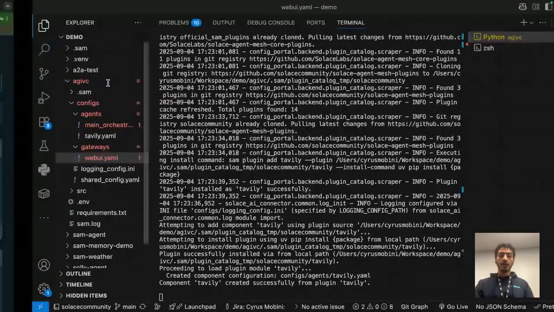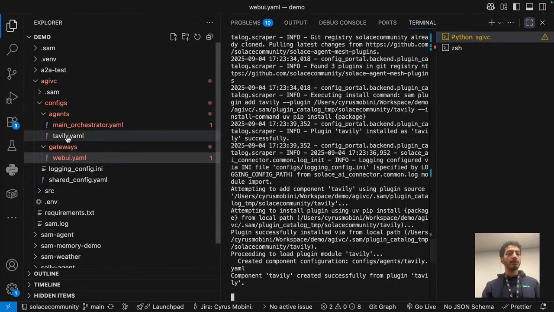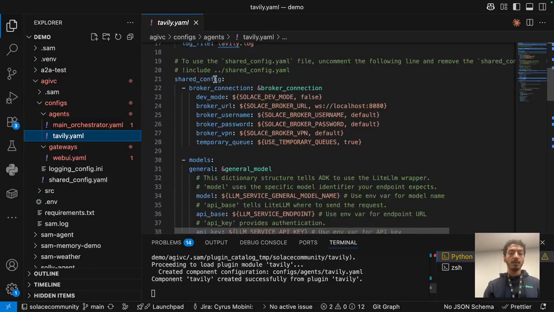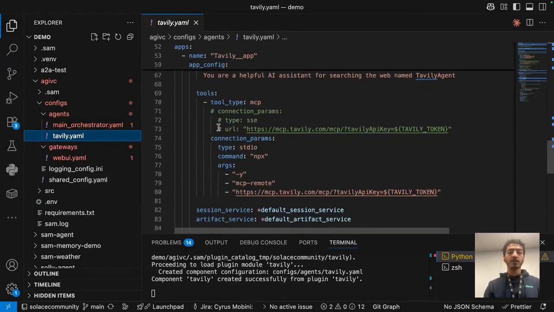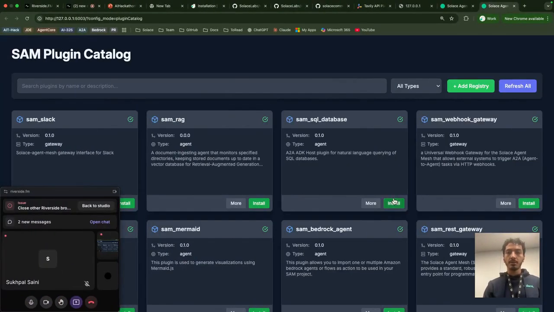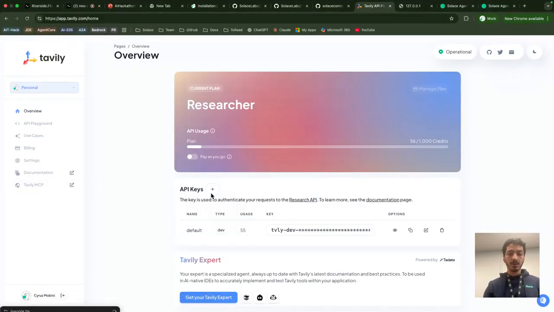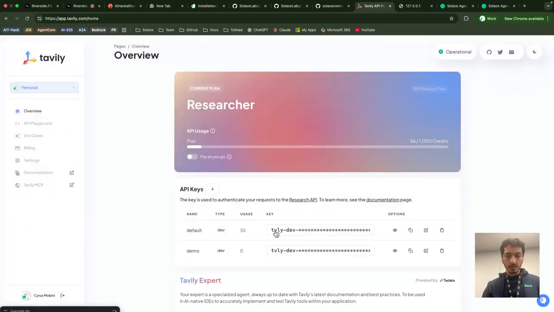Heavily has been installed. Let's see the repository and what has been changed. So we see here that we have added this new file in the heavily. That's also very straightforward. I mean, you can read it. In the tools section, we have added an MCP, which just uses a heavily MCP. Now I just need a heavily token. So let's go to the website. I'm just going to make a new token for this demo, call it a demo, create a new token.